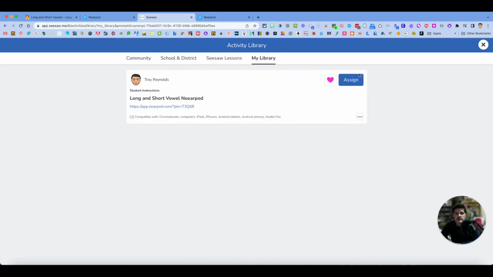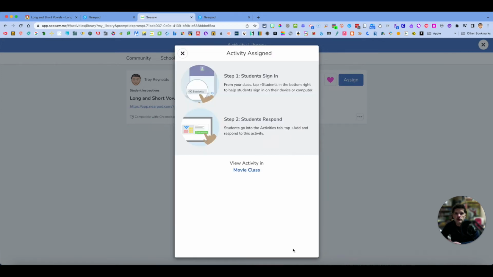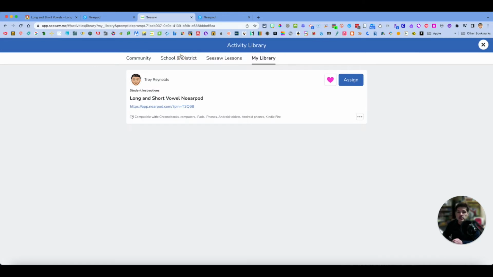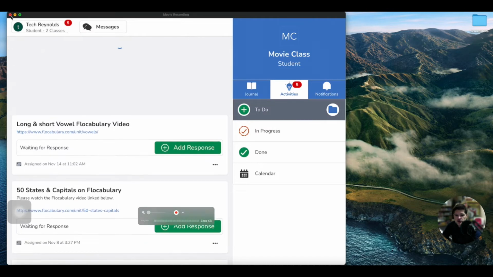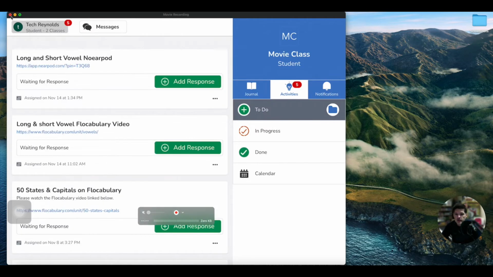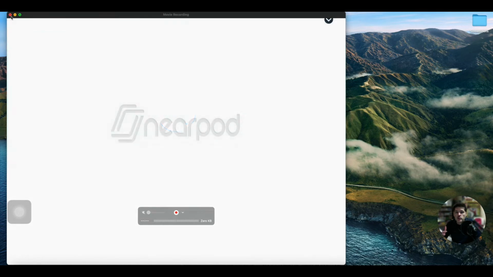I'm going to click the Assign button. I want to make sure I click the class that I'm assigning it to, and then from here it is available in my class. So let's look at it in Seesaw. So I'm in Seesaw. I'm going to refresh my app, and there it is, long and short vowel in Nearpod. If I click on the link at the top, it's going to load Nearpod for me, and boom,